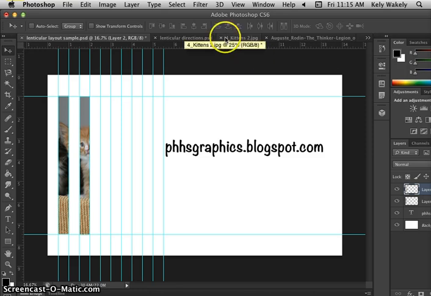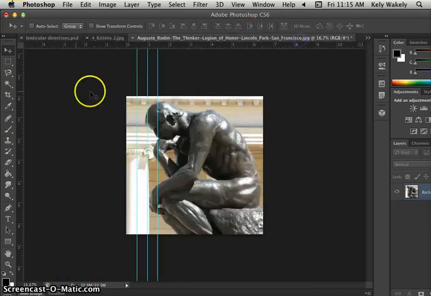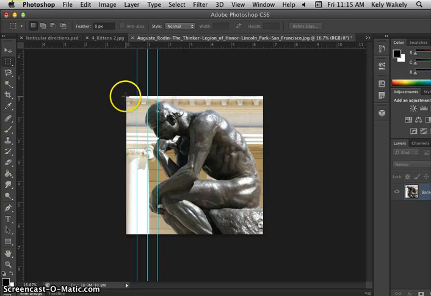So we're going to fast forward. We're going to pretend that that one has been all done, and we're going to start doing the same thing with the second picture. So select, and then I'm going to pick it up